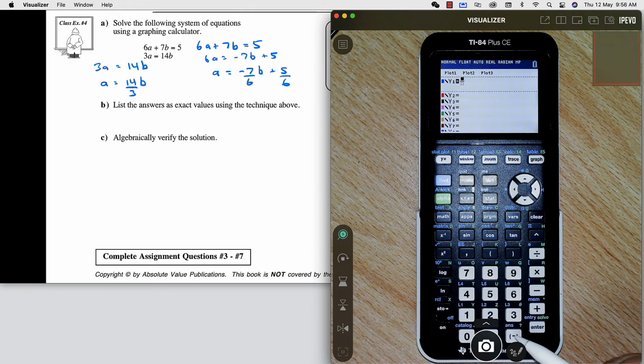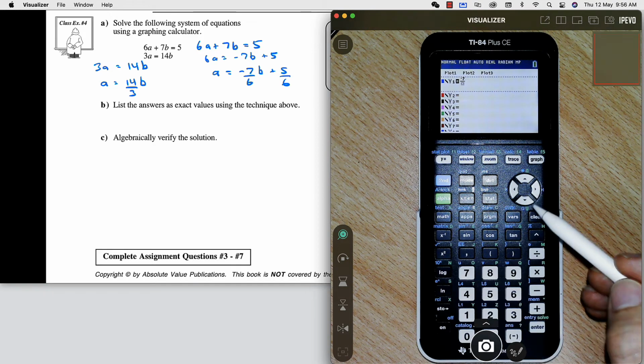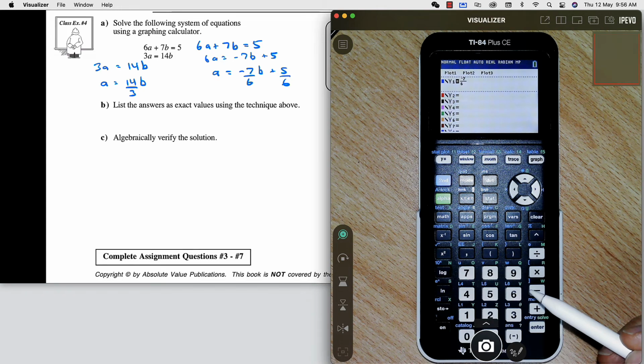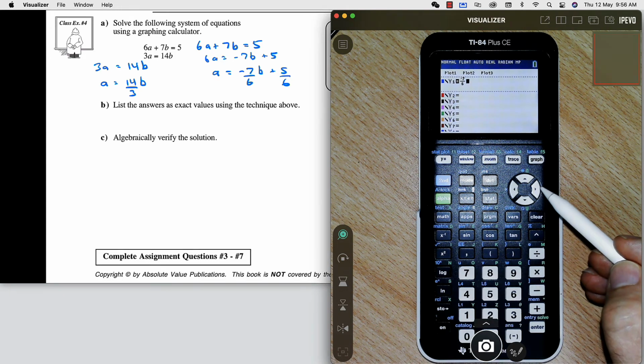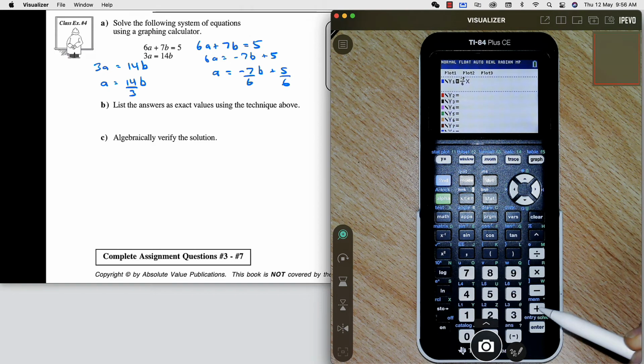So the numerator is going to be negative 7, not minus 7. Make sure you use this negative button down here. And if you press the down arrow, it brings you down to the bottom. The denominator is a 6. Now I need to move over, so I just use the arrow button right there, and it does say B, but we're just going to choose X, and then plus, and again we have another fraction,